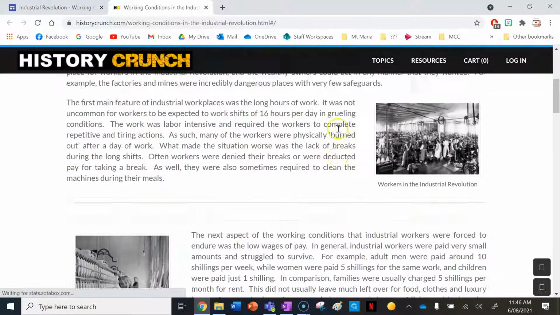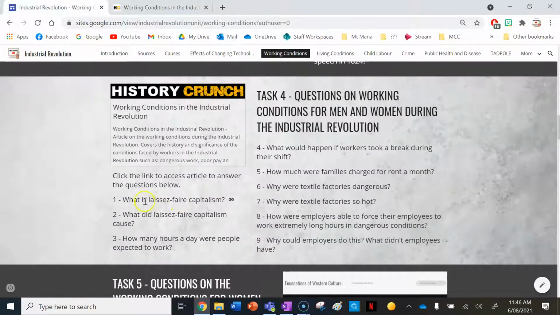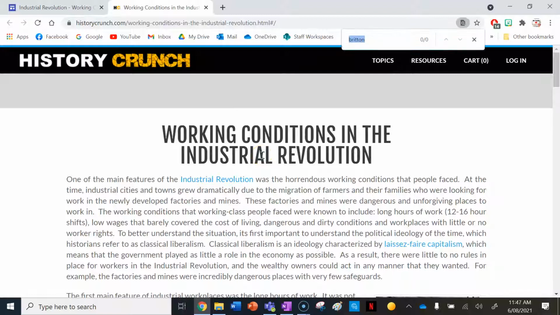So you can see there is a lot more text in this site by History Crunch. But what I'm going to do is show you a quick little trick called Control F. I'm going to copy some of the key words in question 1. The first question you need to answer in your books is what is laissez-faire capitalism? So if I go Control F and type in laissez-faire,